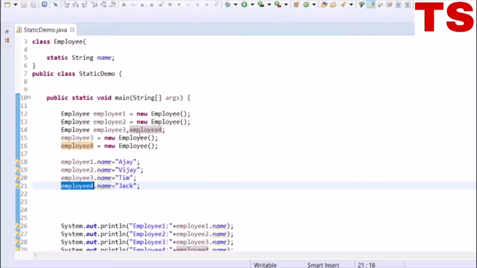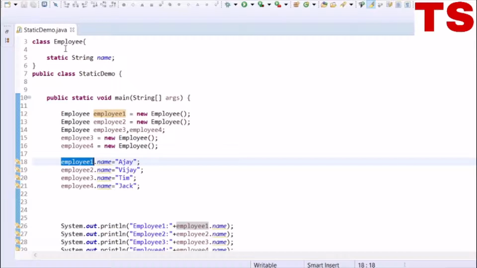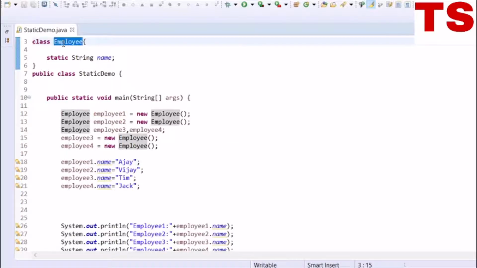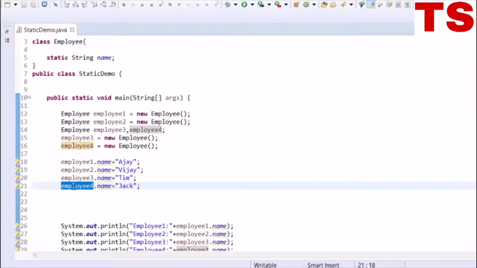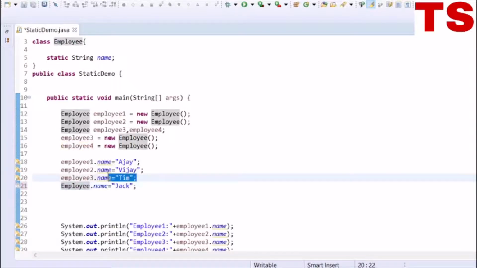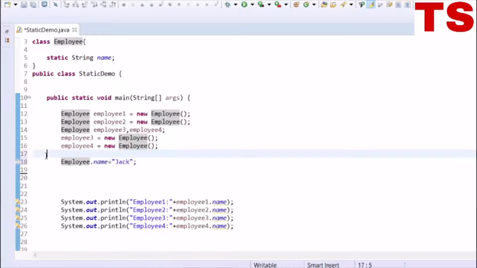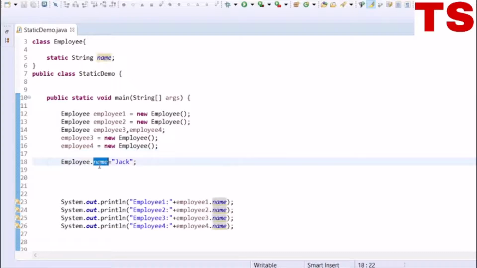Now, we don't need the objects to be created to assign the value to the static variable. Directly we can say ClassName.variable = value, and in this case I am assigning the static variable name of class Employee to Jack.